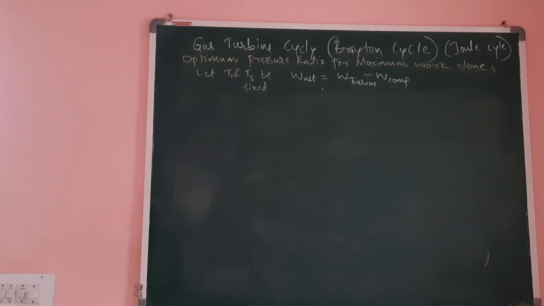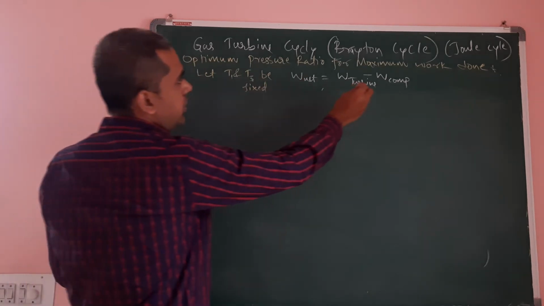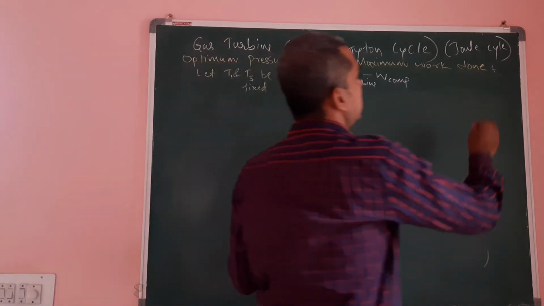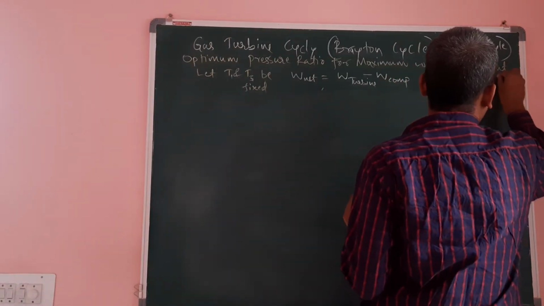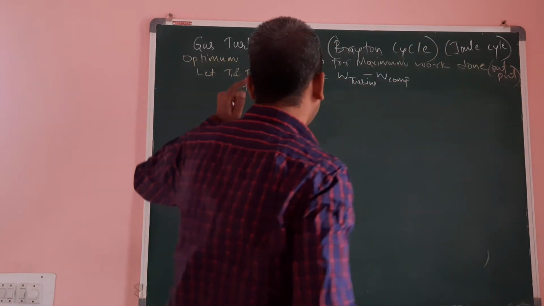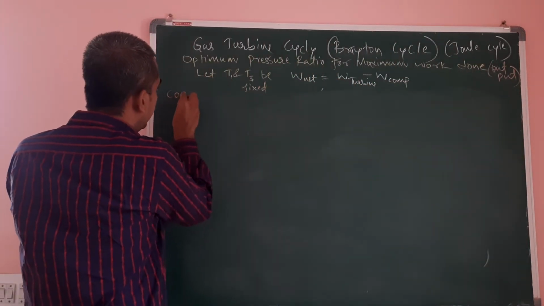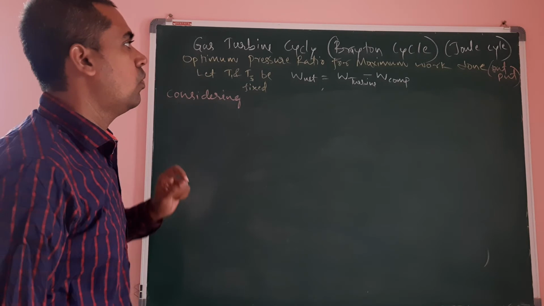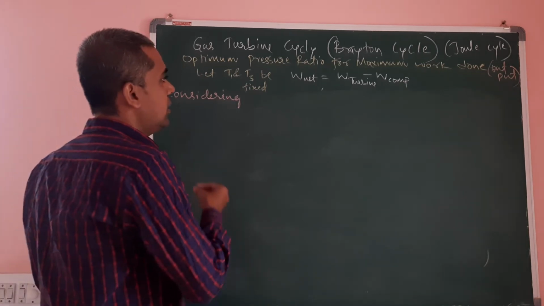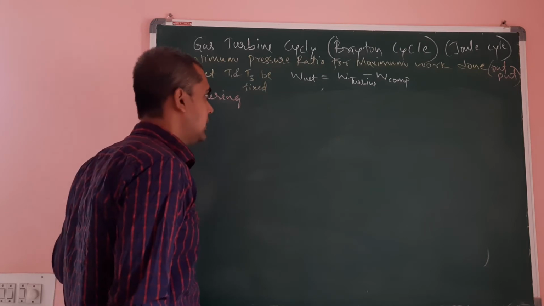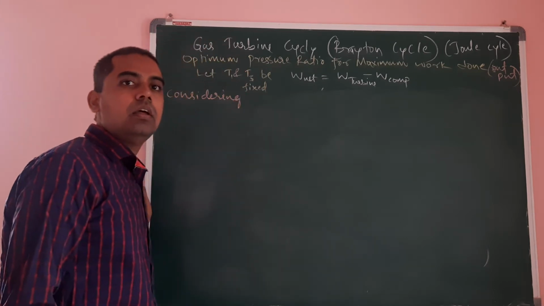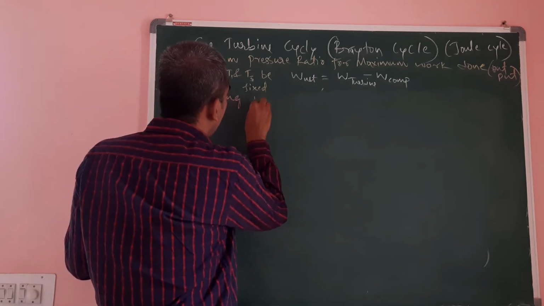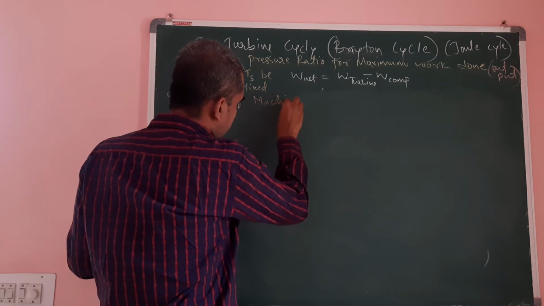Okay, now we will derive the expression for optimum pressure ratio for maximum work output, or sometimes it is called maximum work done. Now, considering machine efficiency: previously, we have not considered turbine or compressor efficiency. We have taken compression and expansion as isentropic, but practically they will not be isentropic. There will be an increase in the entropy. Therefore, we now consider turbine and compressor efficiency, or machine efficiencies.